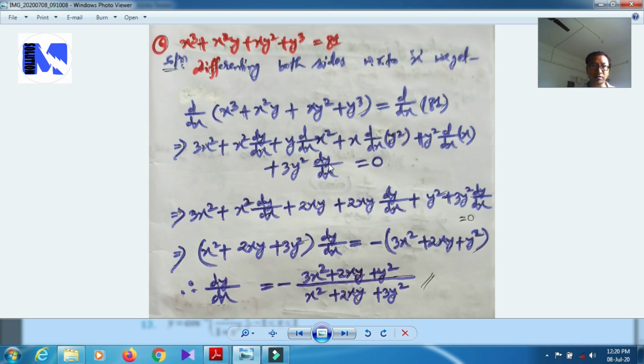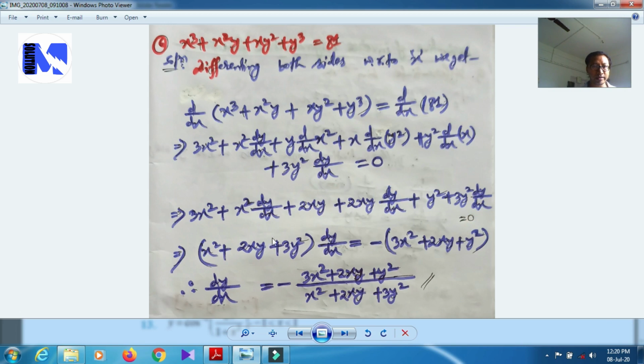By using the chain rule, dy by dx, and the constant term, the differentiation is 0, so it will be 0. Now the parts will be like this: x square dy by dx. The differentiation of x square is 2x, so 2xy, 2yx means 2xy, then again y is there, so dy by dx. It will be y square only because the dx of x is 1, and 3y square dy by dx